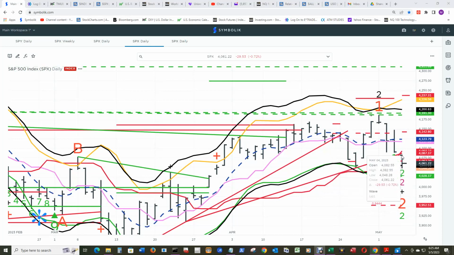It would have had to open and close underneath it, and it obliged by opening underneath the demand line and closing underneath it, actually a slight gap down from the previous bar. And it doesn't look like really any danger of getting the qualified demand line confirmed, it would have to open lower than this close and tick lower than this low and then close lower than this close.